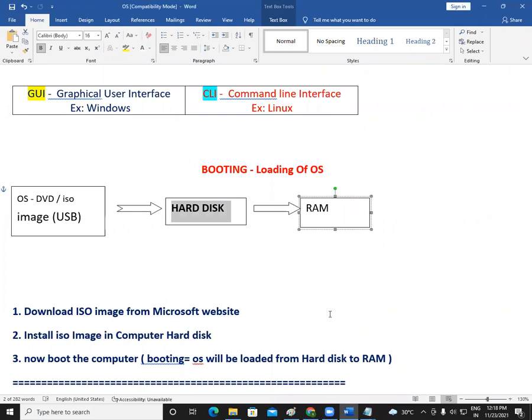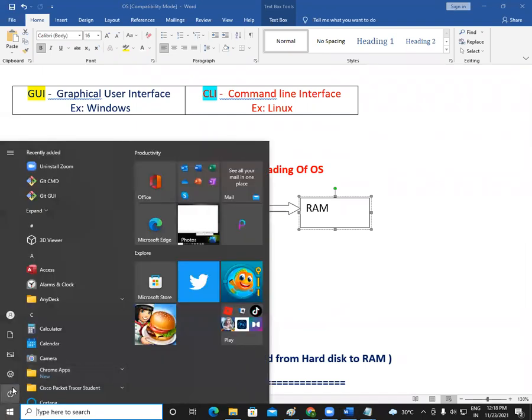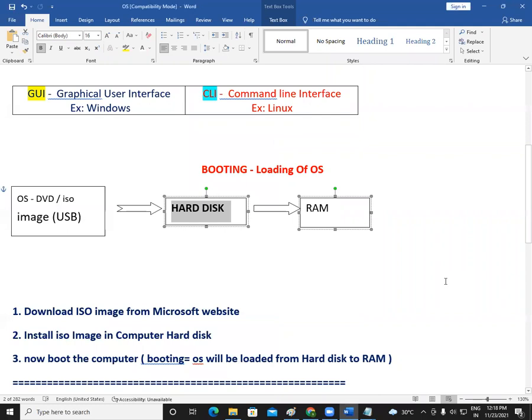But due to power failure, this shutdown option will not work, right? The power is disconnected. The machine will go down suddenly. So when the machine goes down suddenly, it will miss some files. The operating system will not be saved properly in the hard disk because suddenly the power is off. So next time when you switch on the machine, you will get some errors. Got it? You will get some errors.